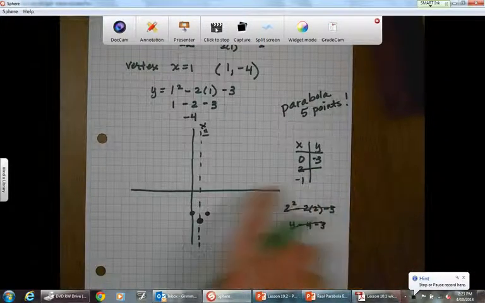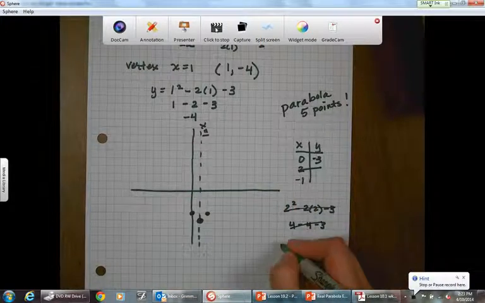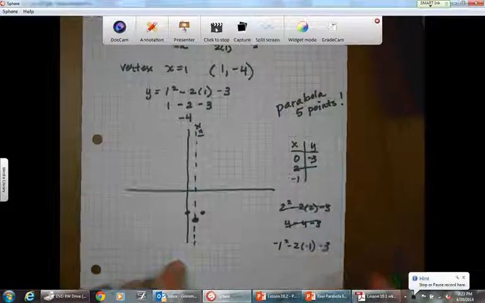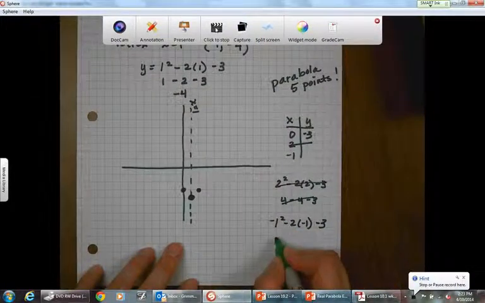We don't have that one. Okay, so -1 squared minus 2 times -1 minus 3. So -1 squared would be a +1. Negative